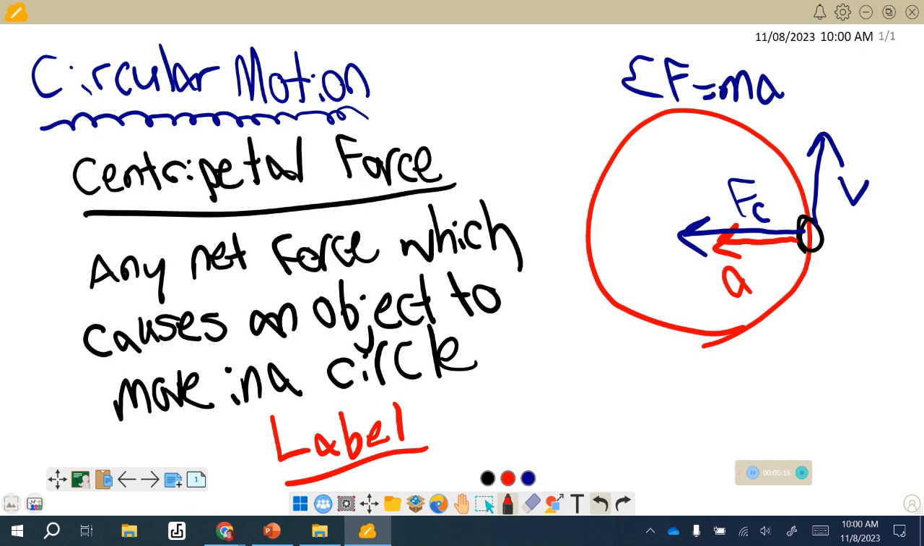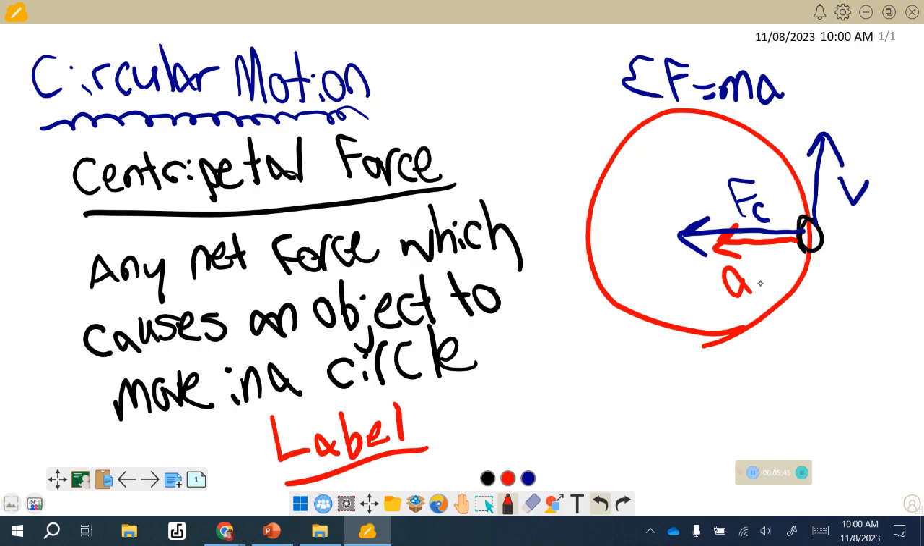Let's say in the case of that lab that you guys did where you were swinging the rubber stopper on that string, force of tension was our centripetal force in that case. Or when a car takes a turn around a circular curve, the centripetal force in that case is going to be friction. That is what is keeping the object in the circle. Okay, so we have this centripetal force which we can label to specific forces causing objects to move in circles,